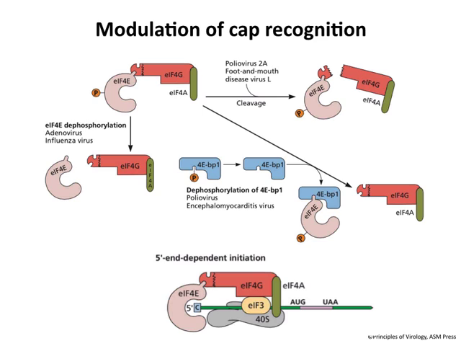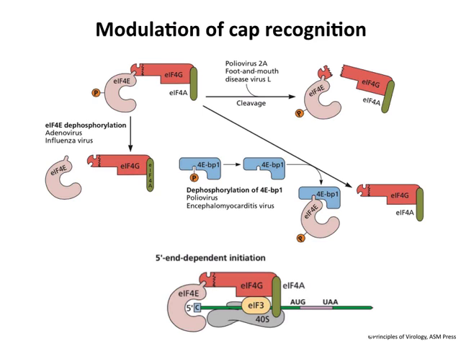There are also other ways to regulate translation in virus-infected cells. For example, EIF4E needs to be phosphorylated in order to optimally bind to caps. And in some virus-infected cells, the phosphate is taken off, and that makes 4E work very poorly to recognize the cap. And in viruses that don't require cap-dependent translation, this is an effective strategy to shut off the host.